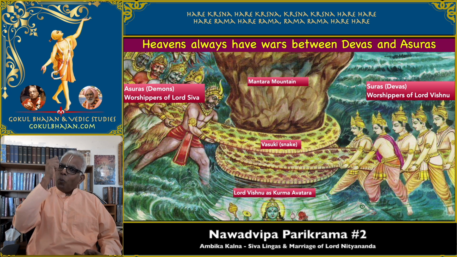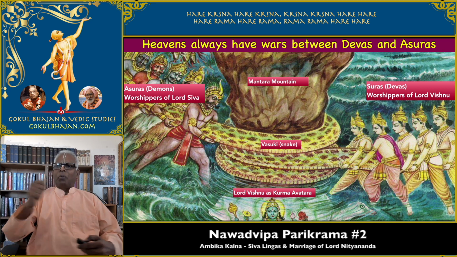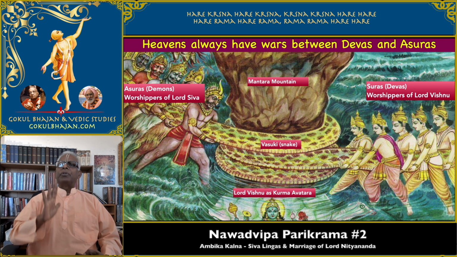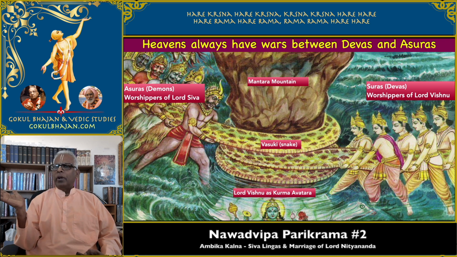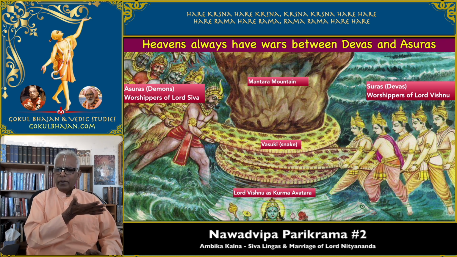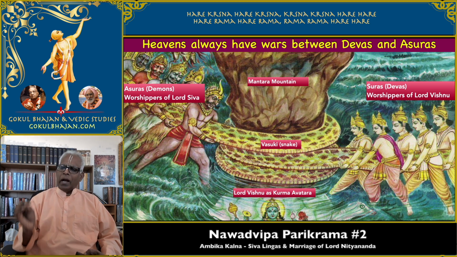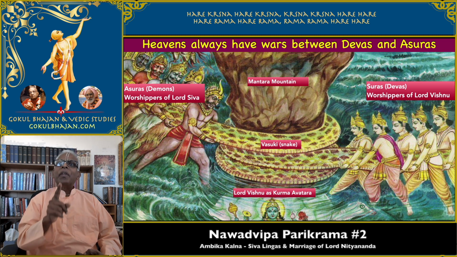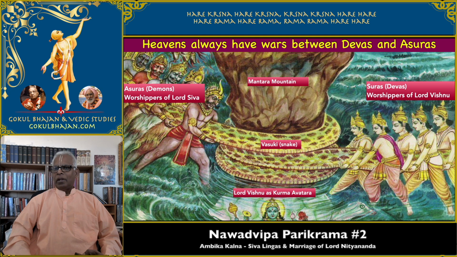Okay. So anyway, the question is, why does war always come and stop, and come again, and why is there no permanent ending? In the material world, miseries will always be there. Don't you see that wars are going on here all the time? Isn't it? So that will always be there. So Adhyatmika, Adibhautika, Adidaivika, everything will be there. So the heavens are subjected to this kind of miseries. As long as Asuras are there, there will be war, because of different modes. They are tamasic, and these guys are sattvic. Therefore there is always a war.